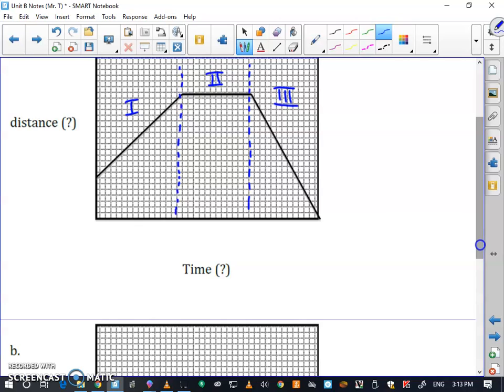Okay? So when I look at this first part, I can see that, number one, I started at this location. I didn't start down here at the origin. So I must have started away from my reference point. And because the line is very straight, that indicates uniform motion. So in part one, we're looking at the idea of uniform motion, moving away from the reference point, but not starting at the reference point. So you start away from the reference point, or some distance,